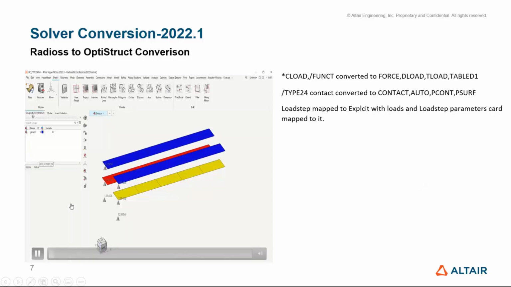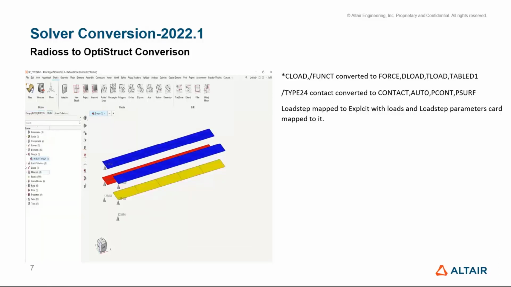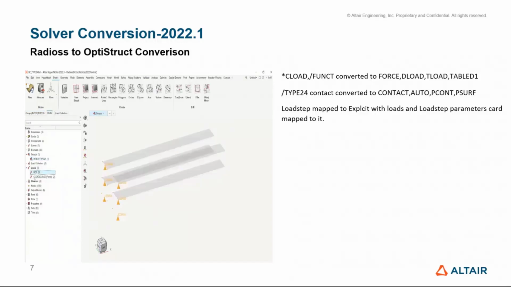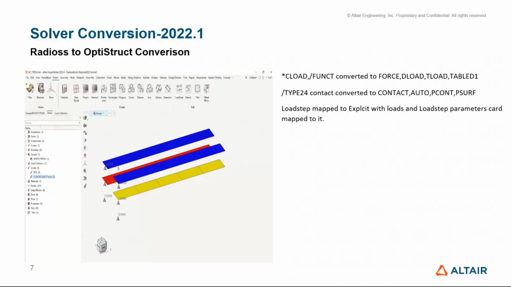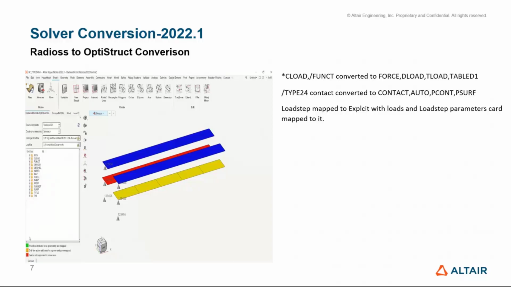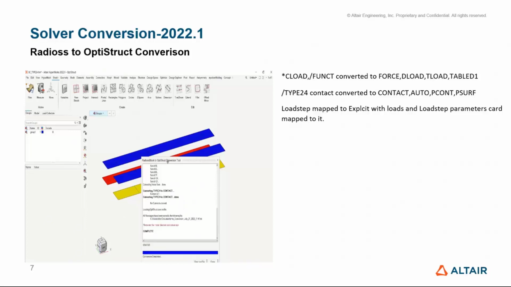So in this small model, if you can see, I have a type 24 contact. And I have some boundary conditions and C load. Let's run the conversion. So at the end of conversion, we also create the respective OptiStruct cards like D load, T load, which could be mapped to this subcase. So post conversion,